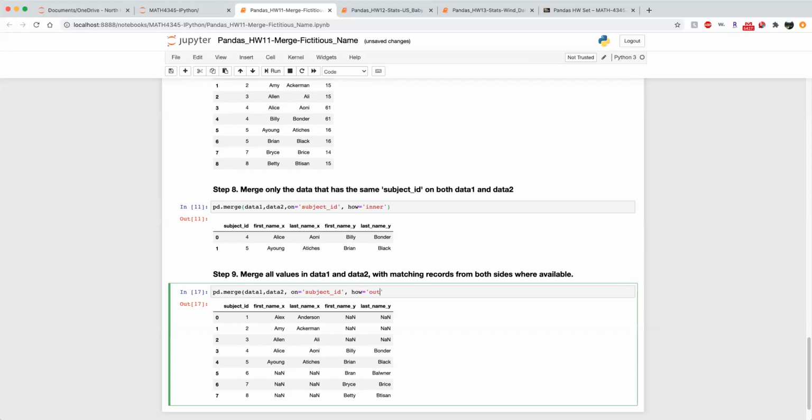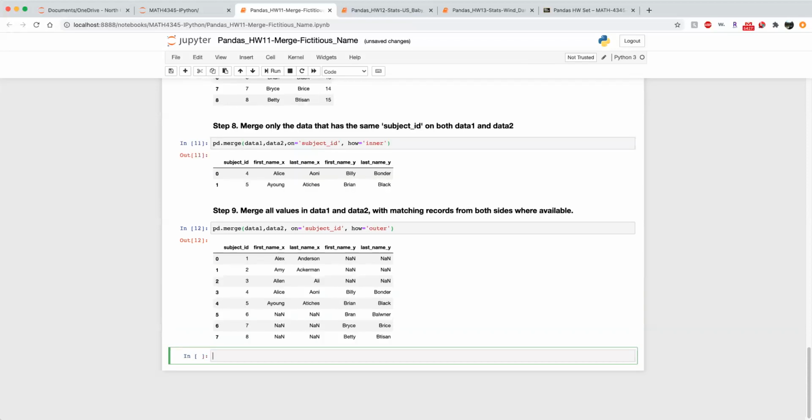We use outer. Okay. All right. So now, the second one. If you set the option for how to outer, then